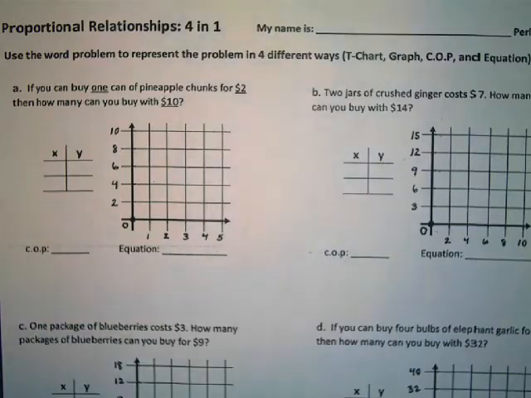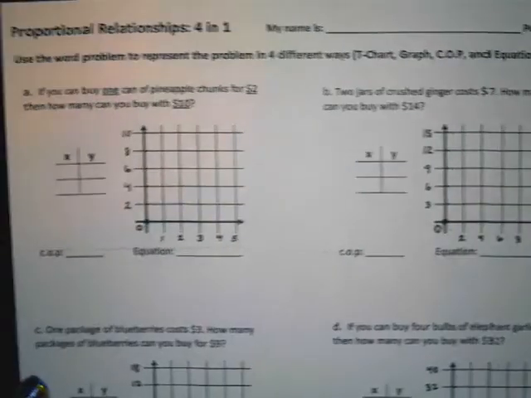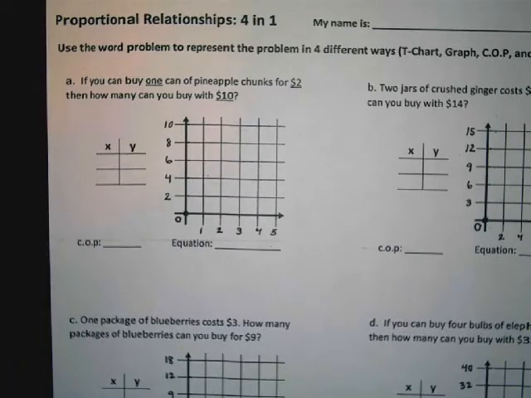Today's assignment is to use proportional relationships 4 different ways. So we are going to represent it by a T-chart, a graph, the COP or the constant of proportionality, and an equation. So let's go ahead and look at letter A together. It says if you can buy 1 can of pineapple chunks for $2, then how many can you buy for